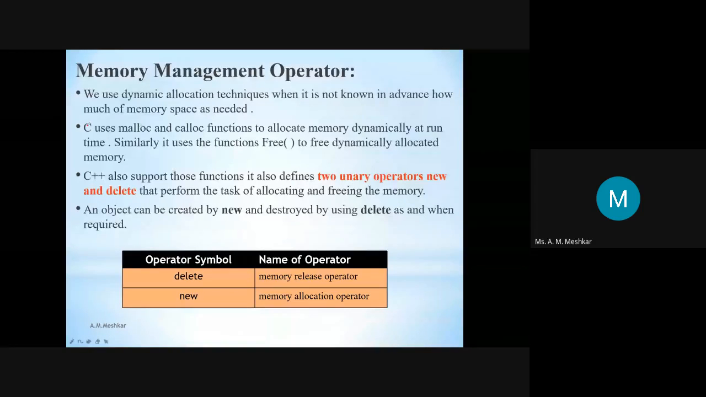थे, अलोकेट द मेमोरी। और सिमिलरली एक फ्री फंक्शन था जो डायनामिकली अलोकेटेड मेमोरी को रिलीज करता था। सी प्लस प्लस में हमारे पास ऑपरेटर्स हैं, फंक्शंस नहीं हैं। यहाँ हमारे पास दो अनरी ऑपरेटर्स हैं, न्यू एंड डिलीट। न्यू मेमोरी अलोकेट करने का काम करता है, जबकि डिलीट डायनेमिकली अलोकेट की हुई मेमोरी को रिलीज करने का काम करता है। Now see, an